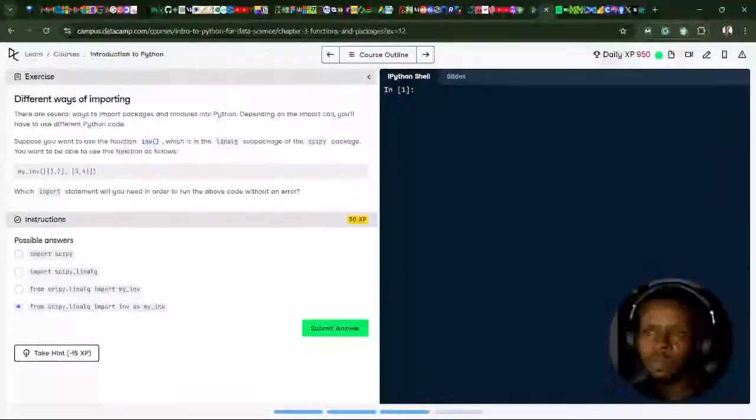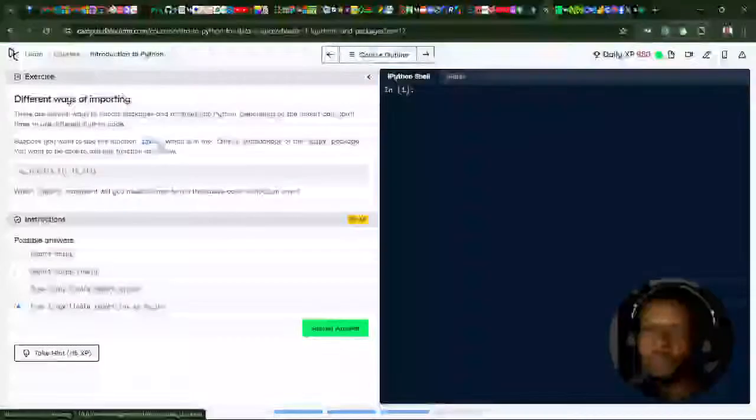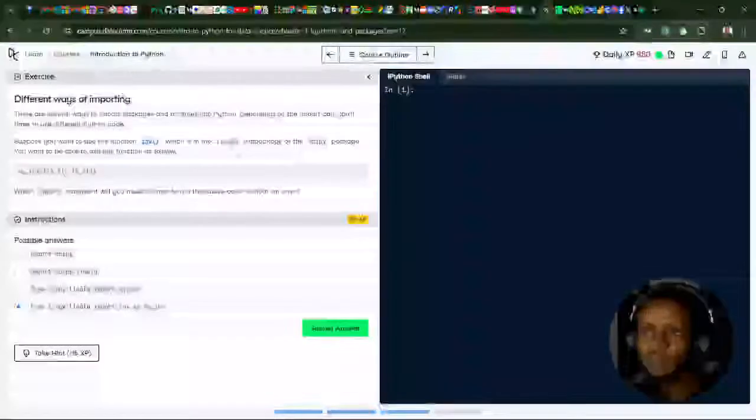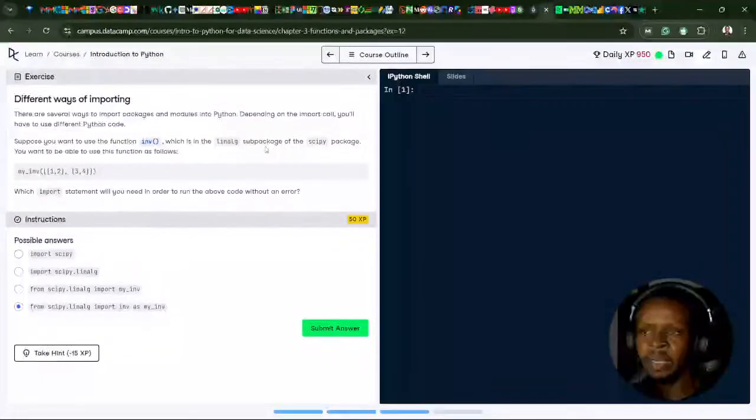So we know that we want to use the function inv, which is in the linalg subpackage of the package SciPy. This is like the upper package and the lower package. So from scipy.linalg